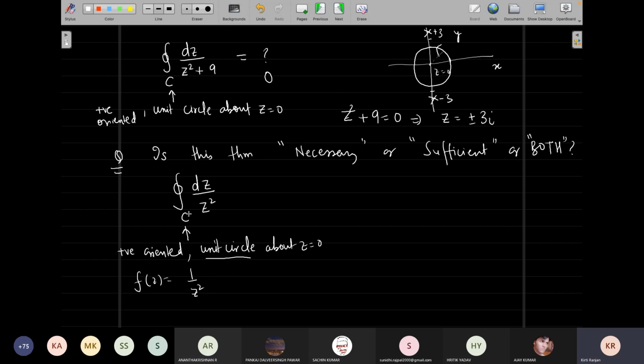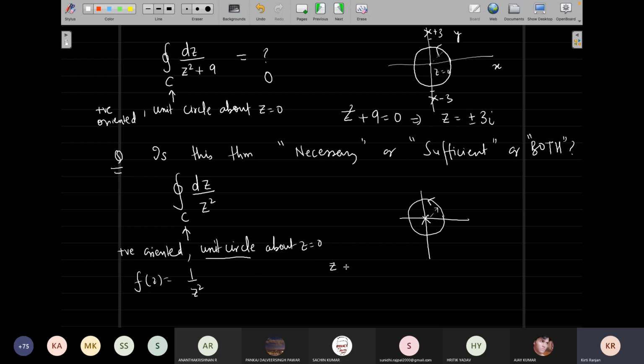Now we are going to integrate around 0. So we are considering the contour which encloses z equal to 0. Let me quickly draw this contour. Now can we do this integral? By the way, this is a simple positive oriented unit circle. How do we do these kinds of integrals? This is done using the polar form.